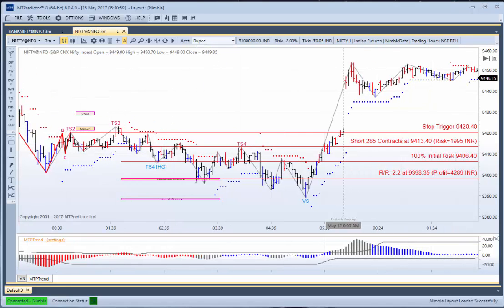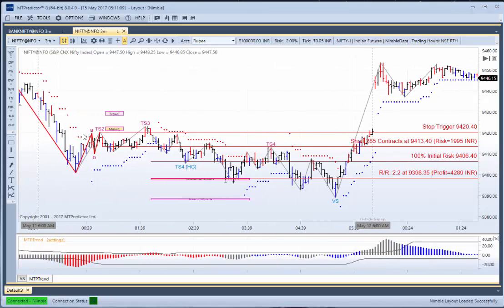So here we are, the first trade of the day. You would have been taken in short, and guess what? You would have been stopped out. So this is what I said in the risk disclaimer right at the start, is there will be losing trades. Any professional trader knows and understands that losses can and will and do happen. It's important to understand that.